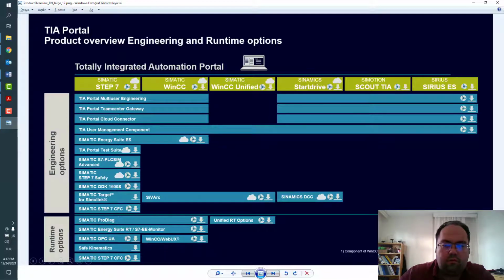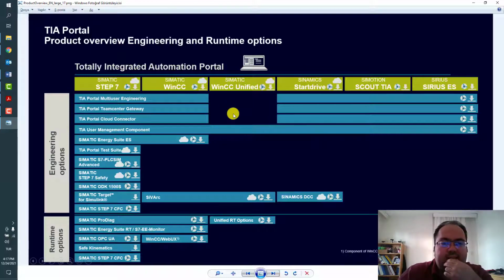For example, it's possible to deliver via the classical way, DVD, or you can choose software download with update support. It costs a little bit less in this case. Also some of the options are available in TIA Portal Cloud.